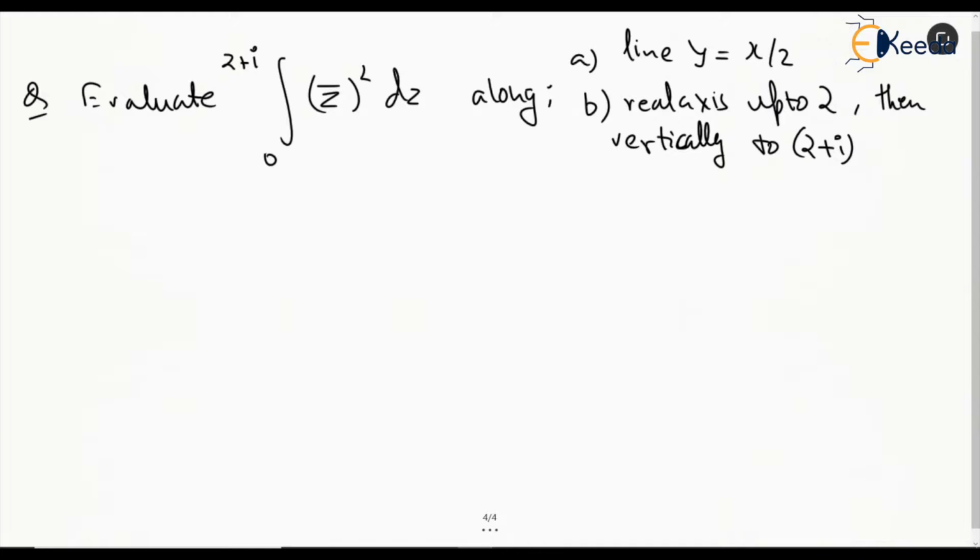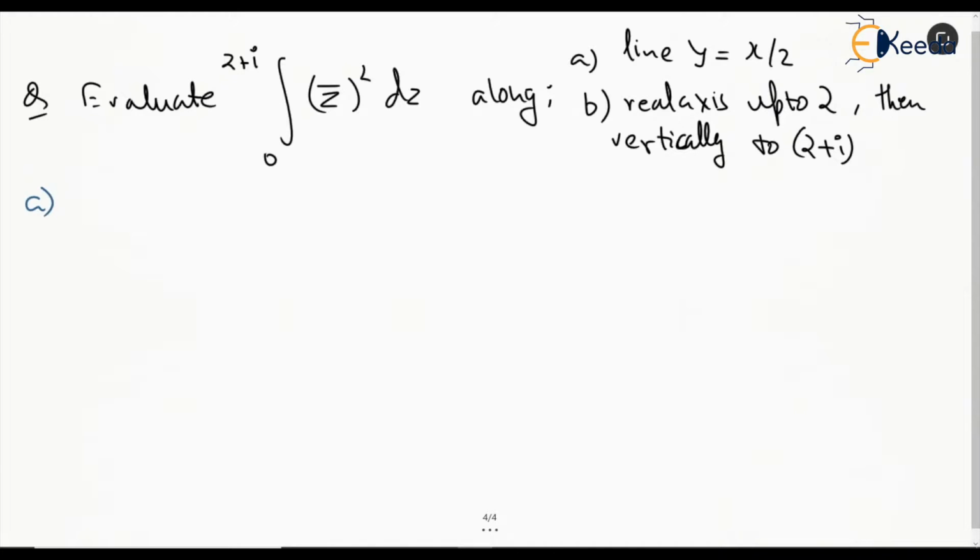So obviously we have seen this, that z conjugate is not an analytic function. So in that case we'll have to put this in terms of x and y and then integrate it for this line or the curve given. So basically we have to do the line integral of this function, right? So let's see the option.